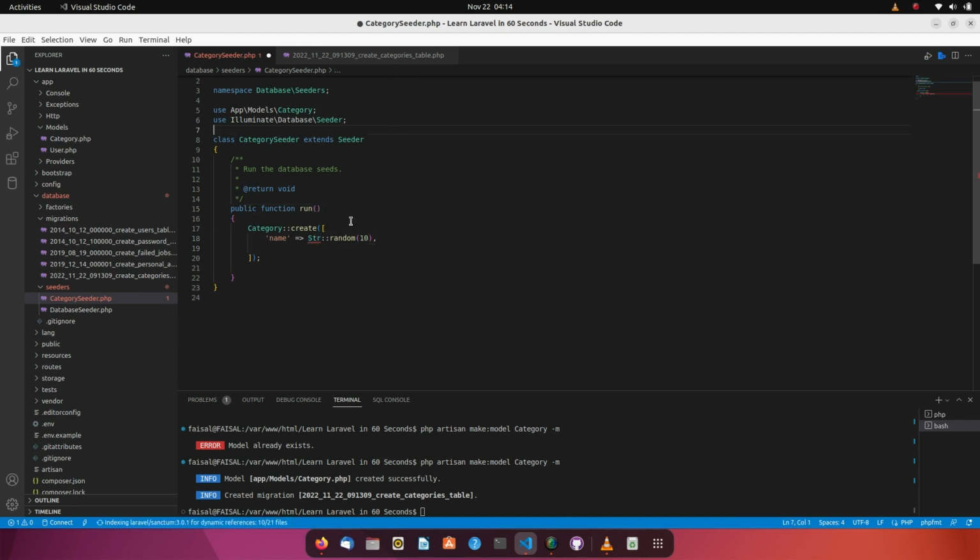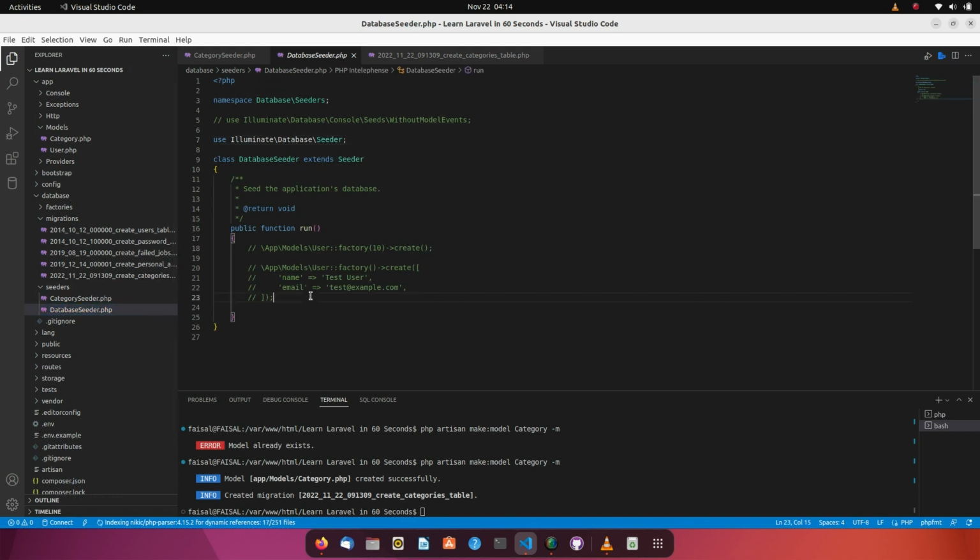You should use string here. Use Illuminate\Support\Str. Okay,